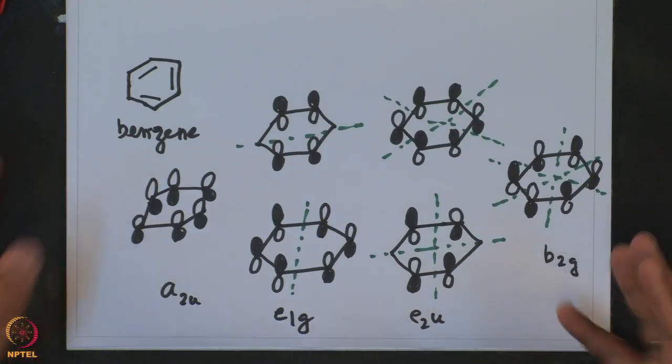We are going to take up this structure and bonding in much more detail, where we look at the concepts developed over here and see how these A2U, E1G, E2U and B2G finally interact with the metal, and study its correlation diagram, which eventually we will construct using these fragment molecular orbitals. So, we are in the midst of a very interesting discussion on bis-arene complexes, their structure and bonding, and we are going to continue this in the next lecture, where we construct this molecular orbital diagram using these fragment molecular orbitals that we have developed over here.